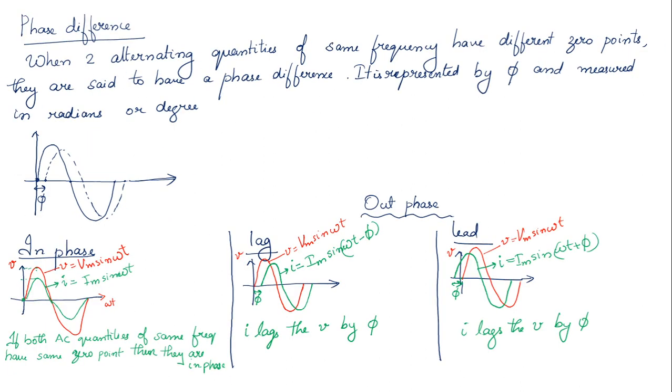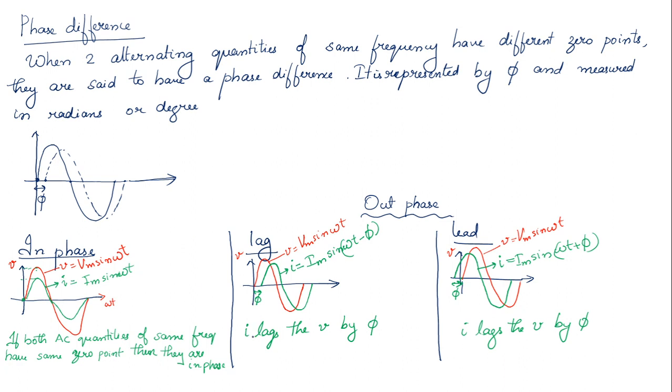I hope it is clear for everyone how we can draw a lagging waveform. Here we have voltage as the reference, and comparing with the voltage we are saying that the current is lagging by 5 degrees, or it is only coming after 5 degrees. In the lead concept, voltage is taken as the reference, that means the red line. Now you can see the current has started already ahead of voltage, which means it is leading voltage always. At every instant of time you can see the current is leading the voltage by 5 degrees.